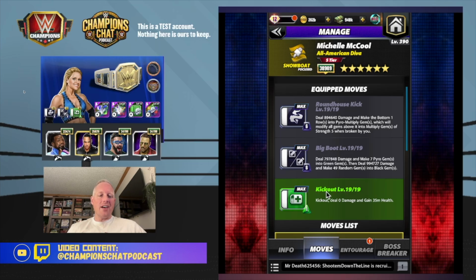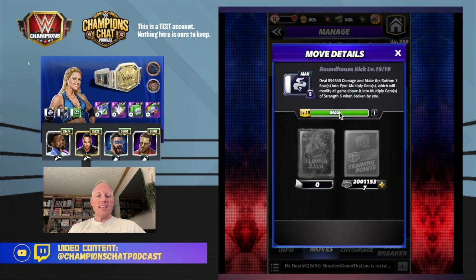But this kick out, again, 1 MP move. If you get pinned, you automatically kick out and deal 35 million health, so you can't ever be pinned except for when you're done. Like, when you're done, that's when you can get pinned. Otherwise, all good. Roundhouse kick, 6 MP black, deal damage, not too much, but not bad, and